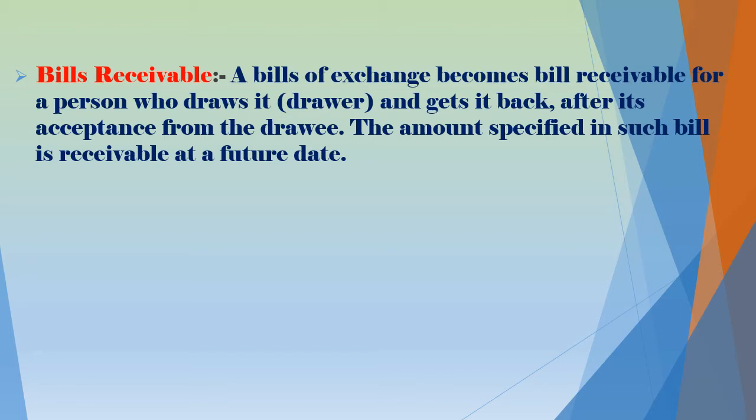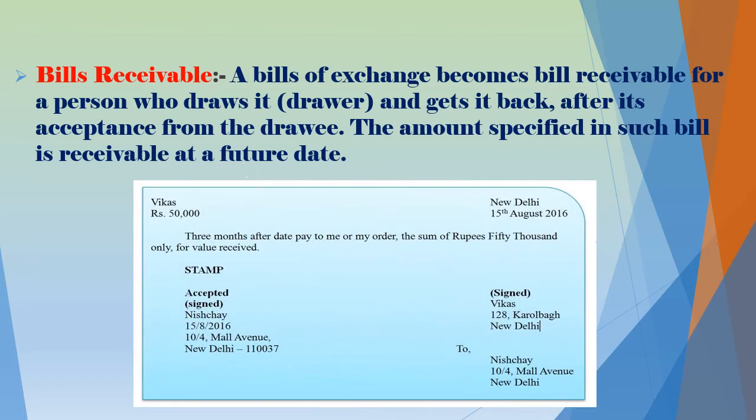So here the bill of exchange is given between the two persons who purchase and sell goods on credit. Like here we can see the specimen of the bill of exchange. Now over here if you see,